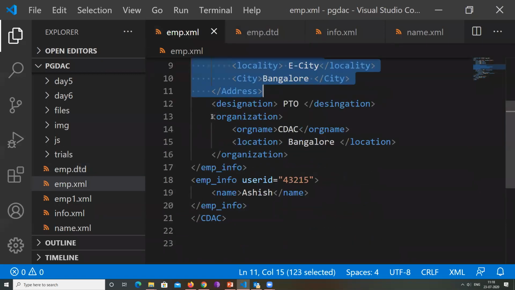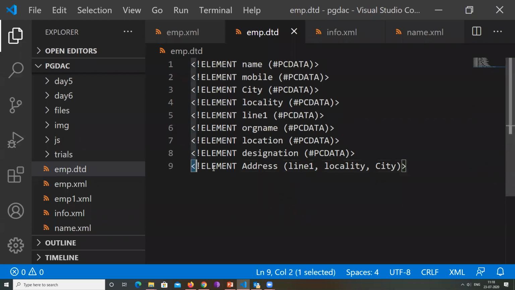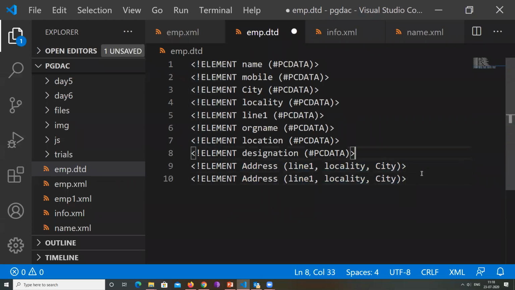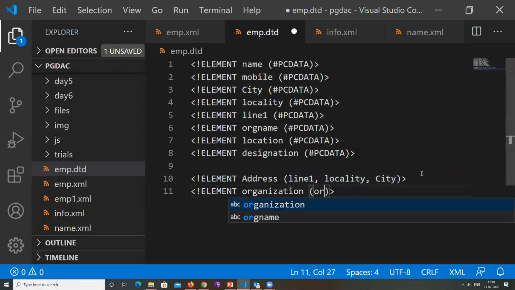Next is organization, which is a combination of org name and location. So I'll copy paste this, and organization is a combination of org name and